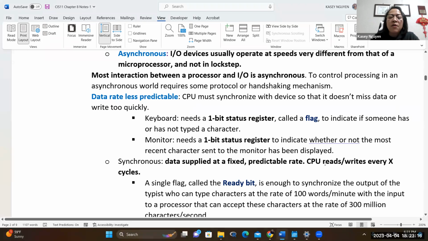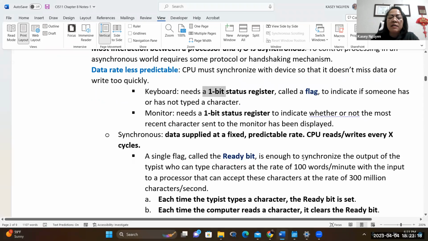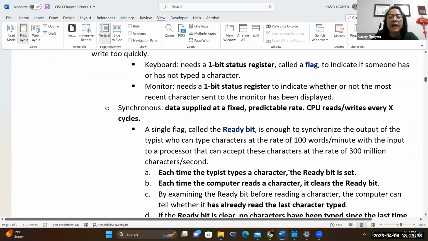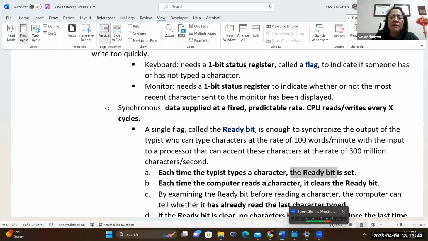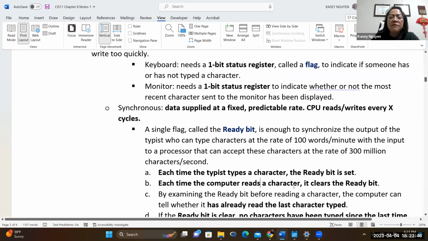It's using something similar, but this is called the ready bit. This ready bit is used to synchronize the output for the characters, either for input or output purposes. And as you know, synchronous is going to be with the cycle. Each time a character is typed, for example, for the input from the keyboard, it's going to set the ready bit. And then as it reads,